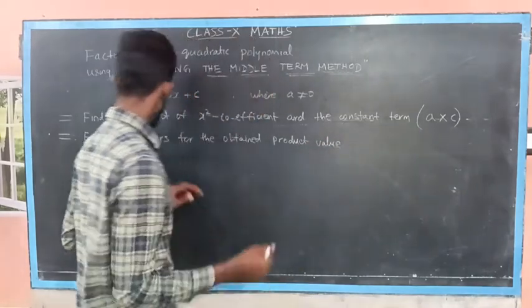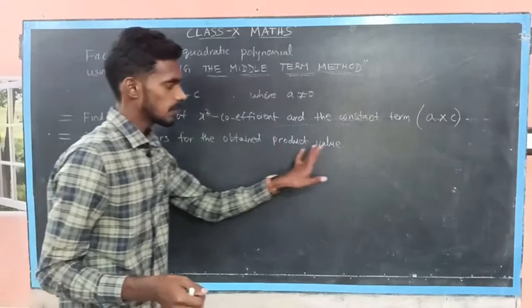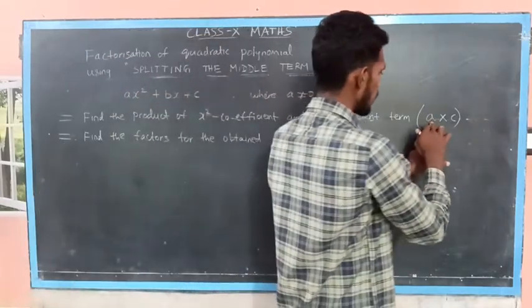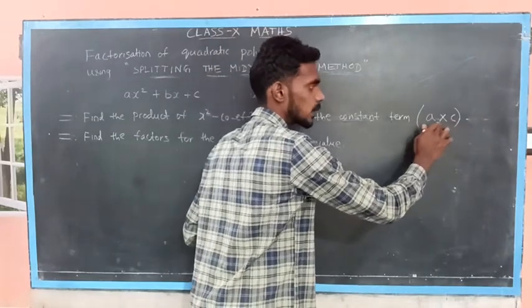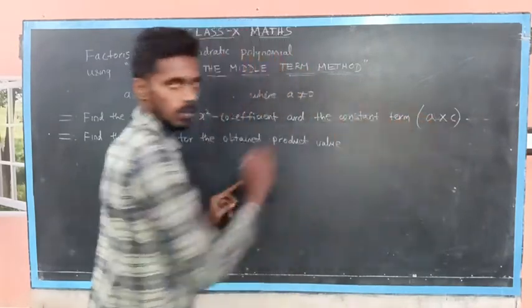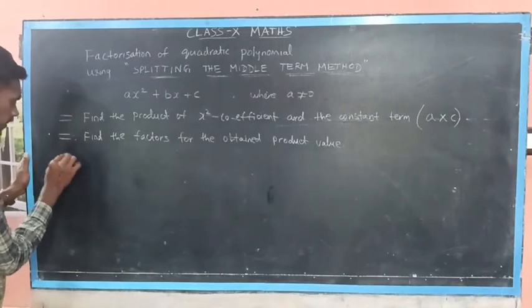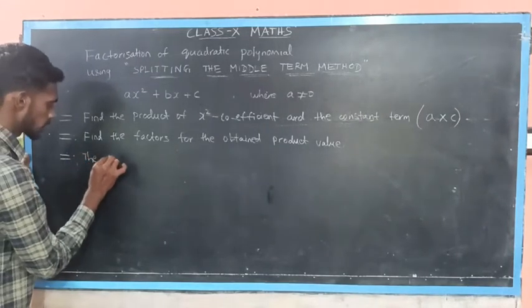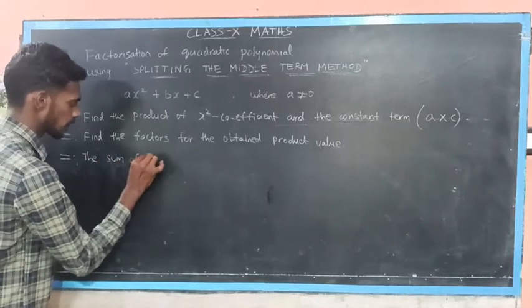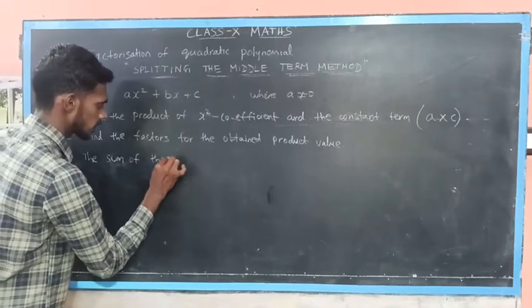We have to find the factors for the value a into c, that is the product we have got. Then in the third step, the sum of those factors